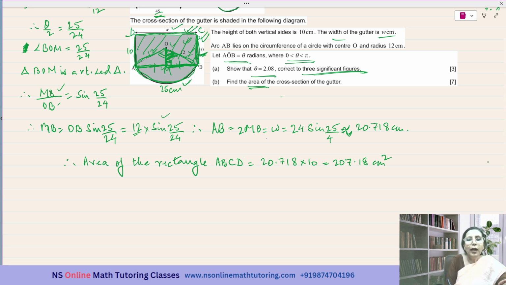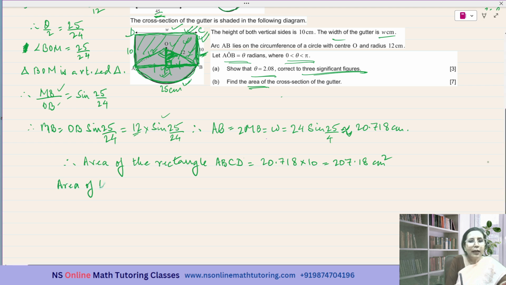Now we have to get the area of the segment. For that, how to get the area of the segment? Always we get the area of the sector. From that, we subtract the area of the triangle to get the area of the segment because we do not have any formula related to the area of the segment. Okay. So,